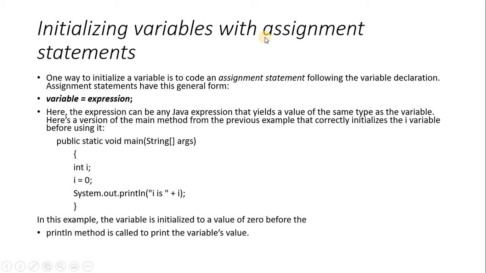So how do we initialize a variable and assign a value to it? We write our variable name equals our expression or any value. For example, we have a main method here, public static void main. In Java, this is the main method, with the curly brace open and the curly brace closed. This is the main method body, and inside that we have int i. The i variable is declared as an integer, so we can assign only an integer value to it. For example, here i equals 0. 0 is an integer value, so we are assigning it.